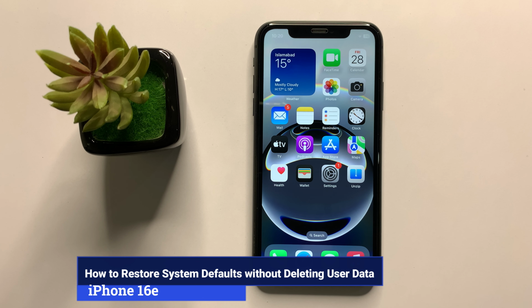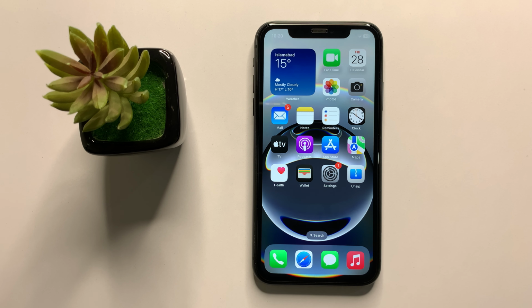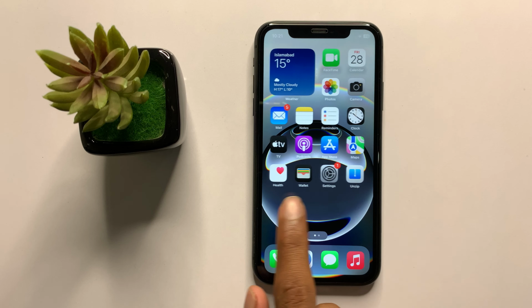How to restore system default without deleting user data in iPhone 16e. So let's start the video. First of all,